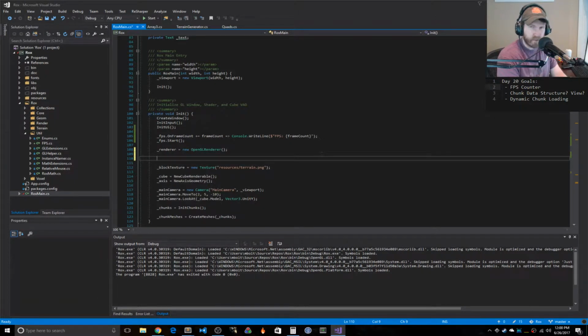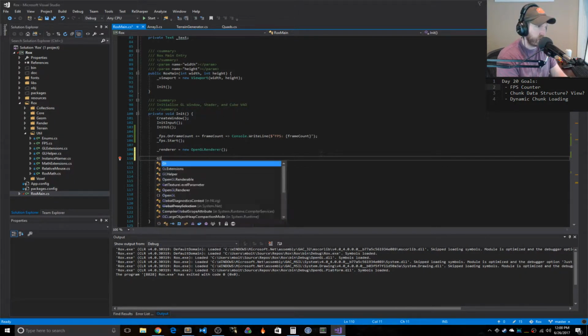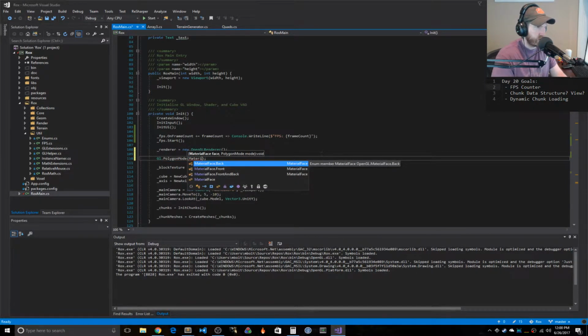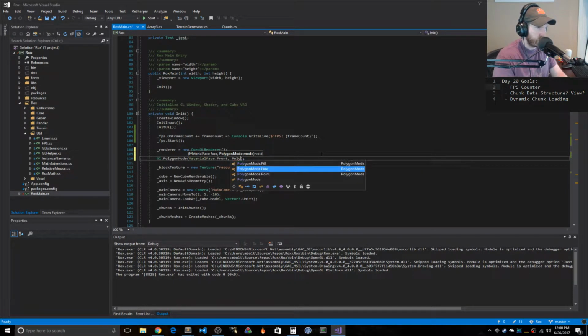I could probably make that, I think we just do GL polygon mode and material face, probably just front and polygon mode line. I think this is